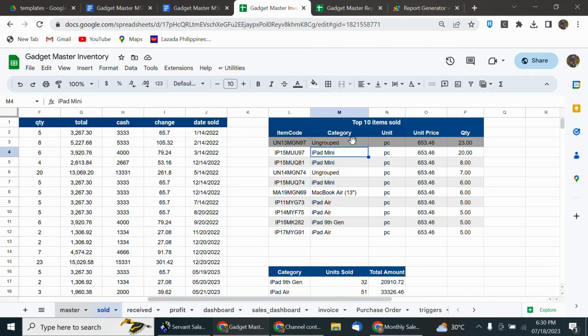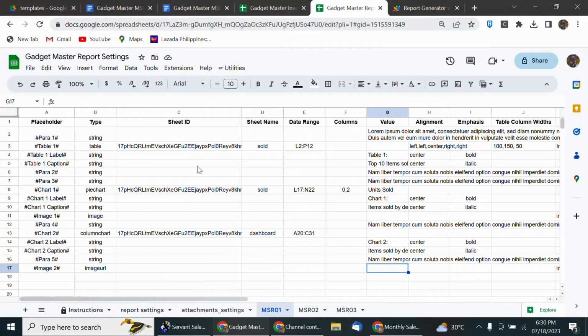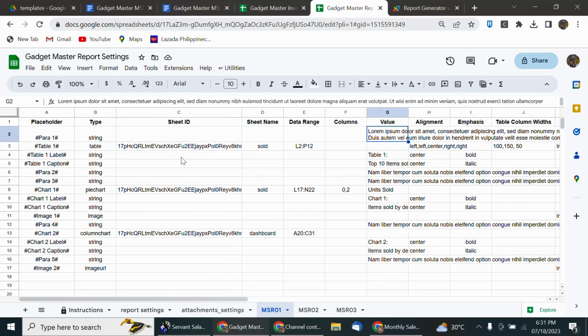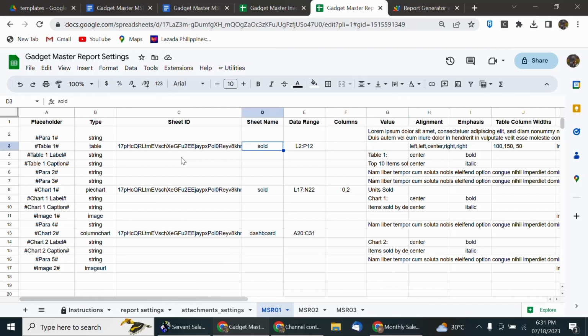Okay, so this is the template report settings. This is where you will add the placeholders, the data source, and the value you want to appear in the report. For example, in this paragraph, the value that will be used is this dummy text. But for these tables, since the value column is missing and the data source is present,